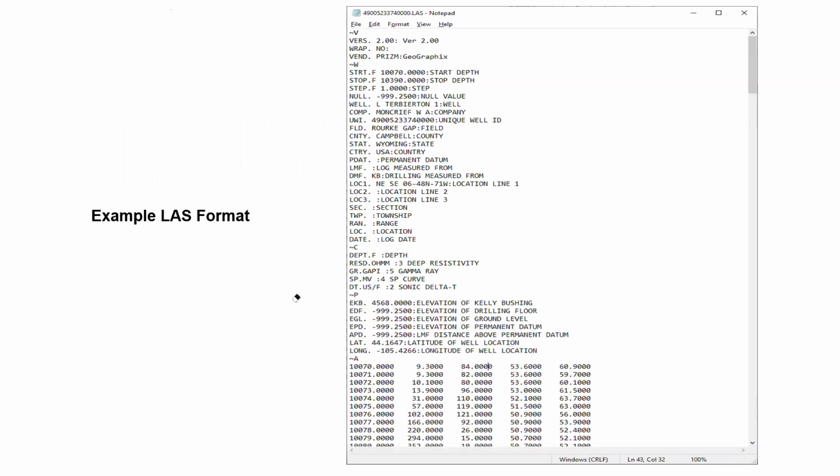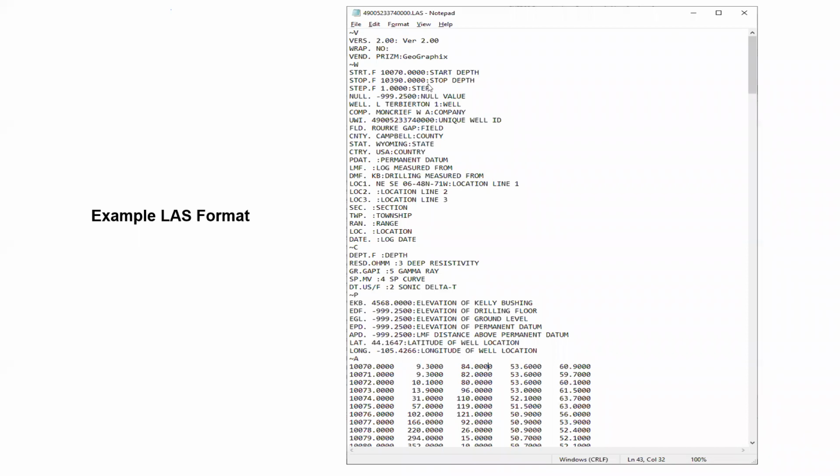This is an example of the LAS format. If you got any LAS file for any specific run or logs and open it in a notepad, then always at the top you will see the version of this LAS file. Right now you can see that the version is 2. The initial version of the LAS format was 1.2. Then the new format came in with 2, and after that the latest version of the LAS format is version 3.